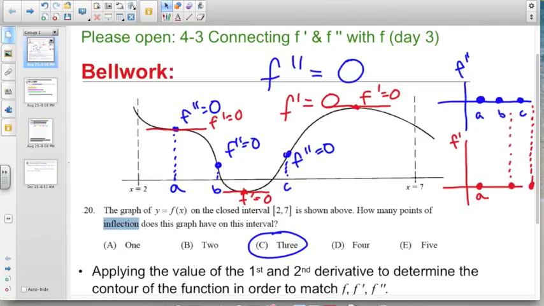And the way we're going to do that is that we're going to basically play a matching game. So the cards that I'm handing out to you